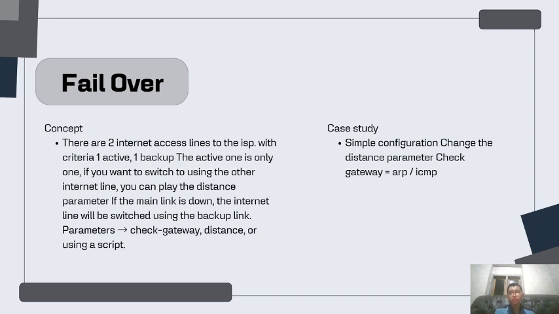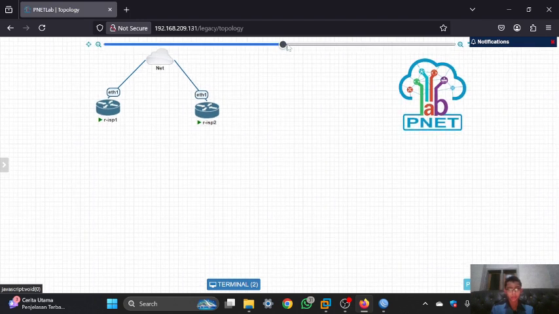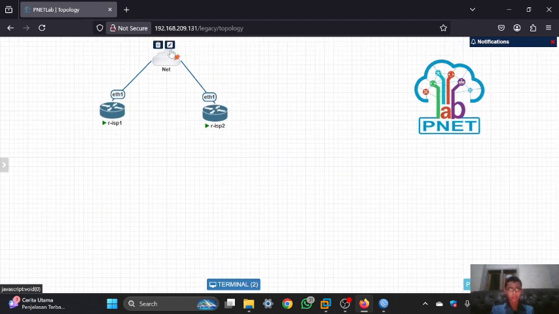So let's go to the practice, and you can open your topology. Here I'm using the network cloud NAT, so the IP that I will get is 10.x.x.x.